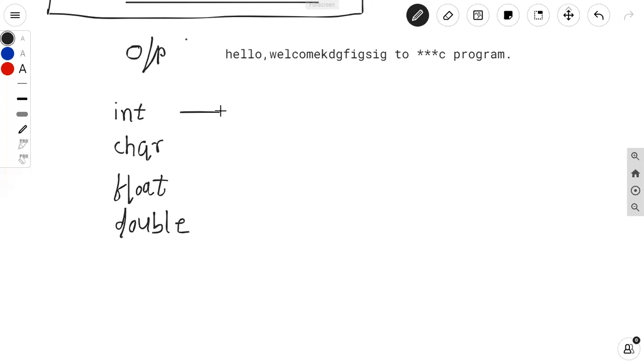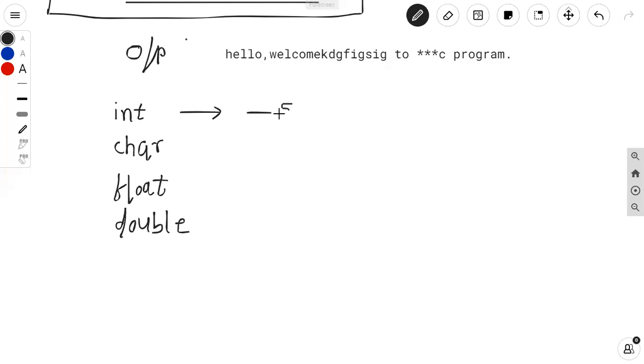So we know that integer, when we use integer, suppose I want to display the decimal number. Decimal number means what? The number which does not contain decimal point. Decimal point नसेल अशा नंबरला म्हणतात इंटिजर नंबर्स. मग ते पॉझिटिव्ह पण असू शकतात, नेगेटिव्ह पण असू शकतात किंवा झिरो पण असू शकतात.